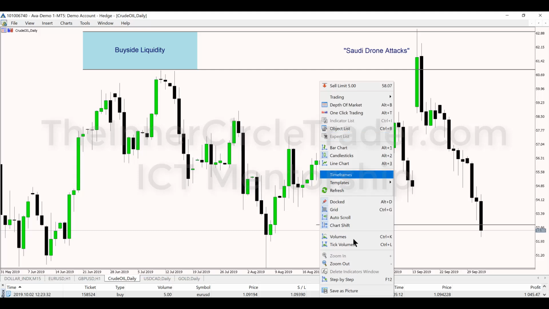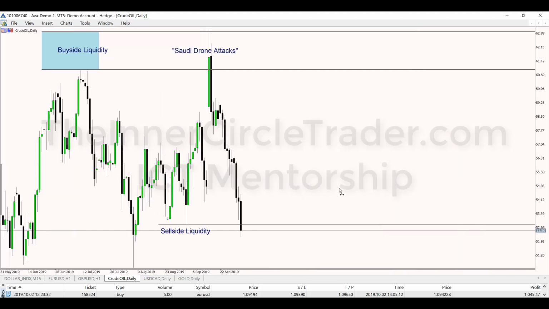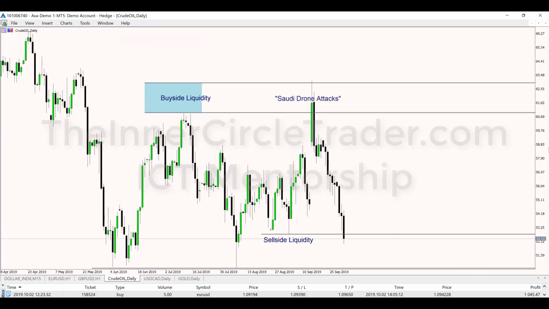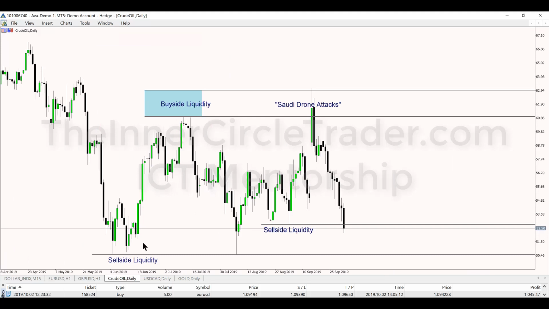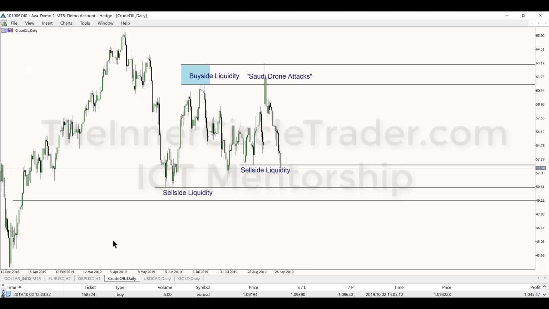Now let's zoom out a little bit. And this is our next pool of liquidity here. So diving under 50.5 would be expected. And if we go out a little bit more, we have this level here, which I'll show you on a weekly chart. It's 49.25,